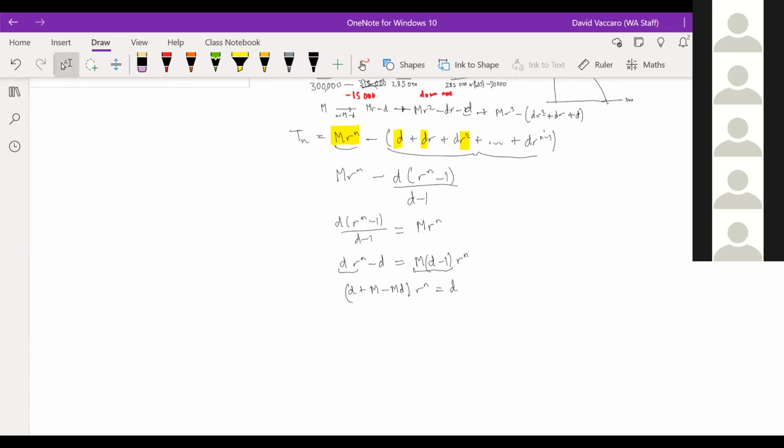I'm getting terms that I'm not expecting. This should be R minus 1. That's what makes no sense. So this is R minus 1. This is R minus 1. Sorry. And now we get